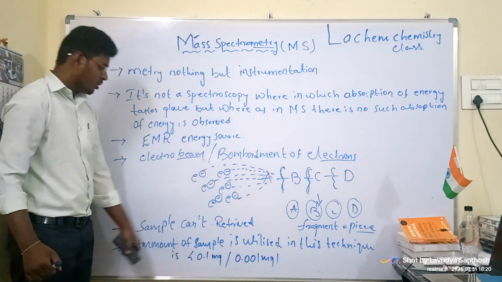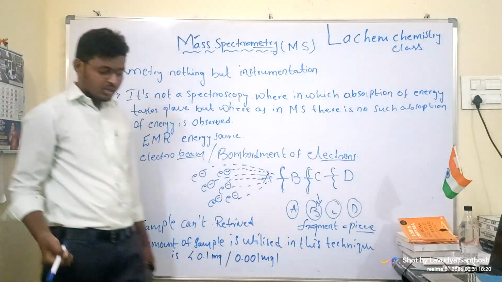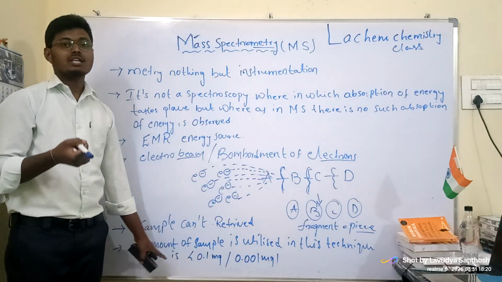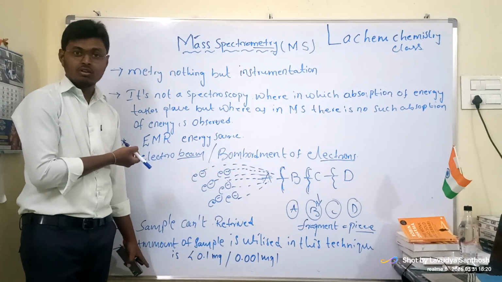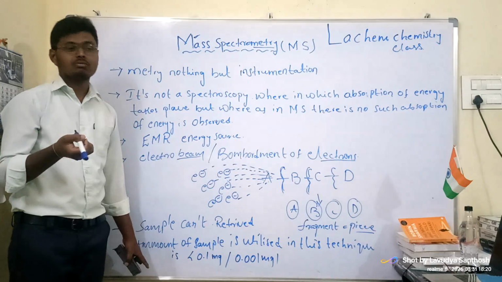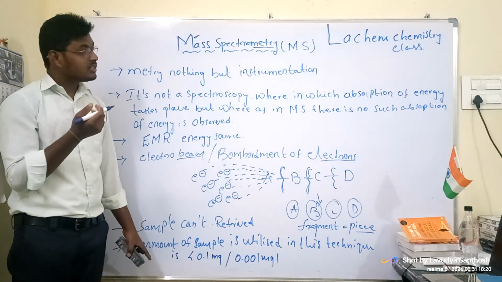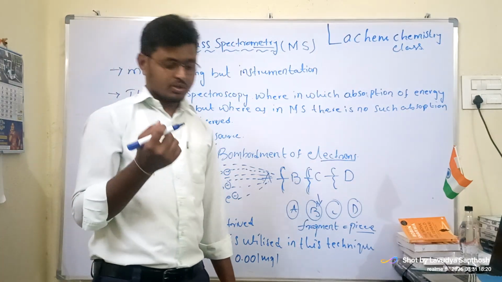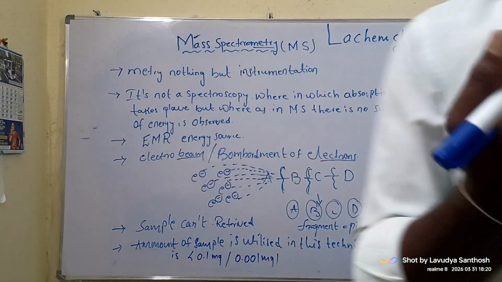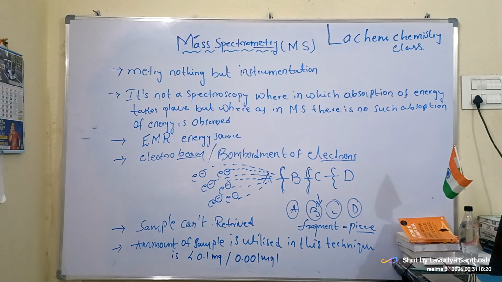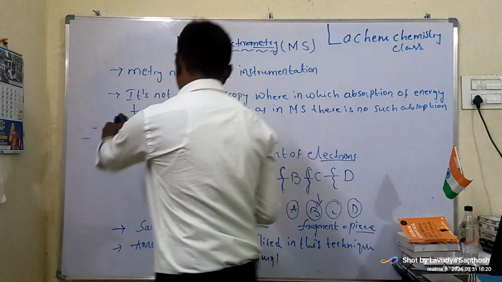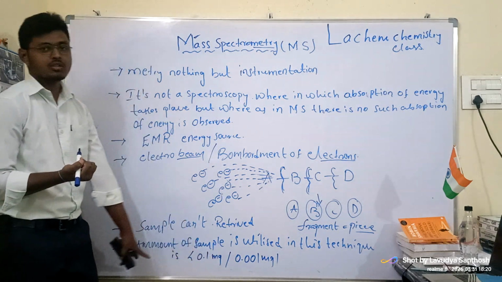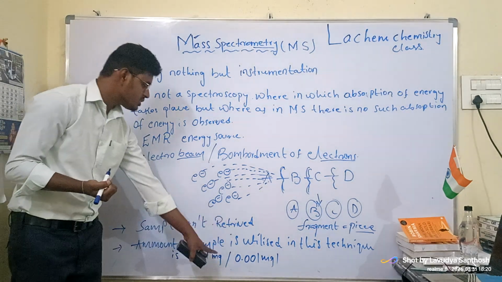Okay, this is very important. For example, if 1 milligram of a sample costs 2 lakh rupees, can it be very simple? No. Whenever you are doing experiments in the lab, it is very costly. Each and every sample that you have is very precious. Now, in that case, we use only milligrams. This is an advantage also. One is a disadvantage, one is an advantage.